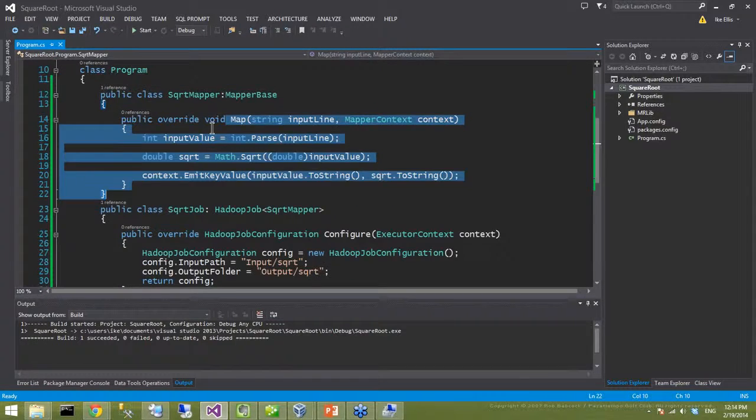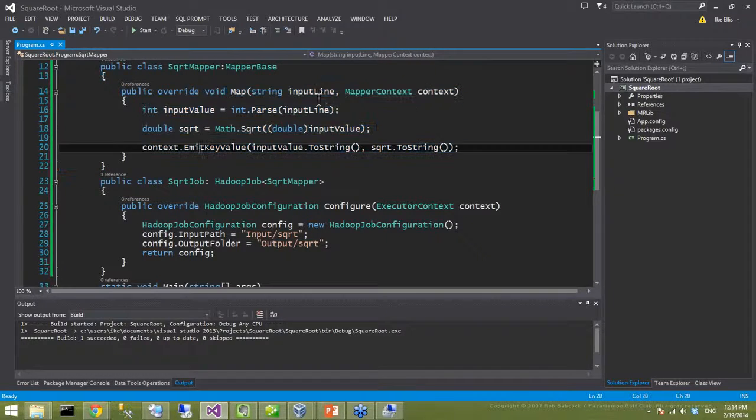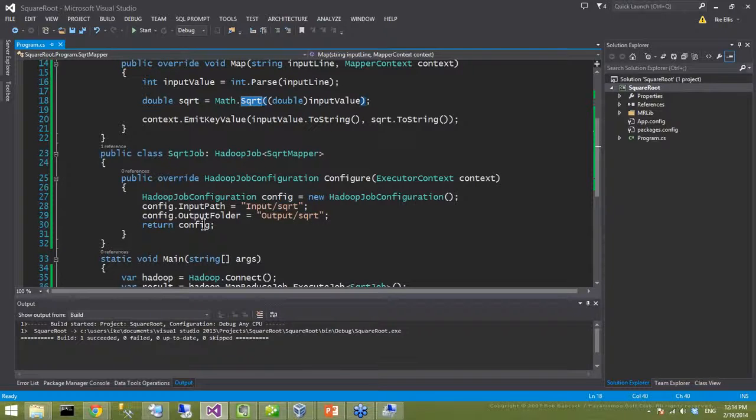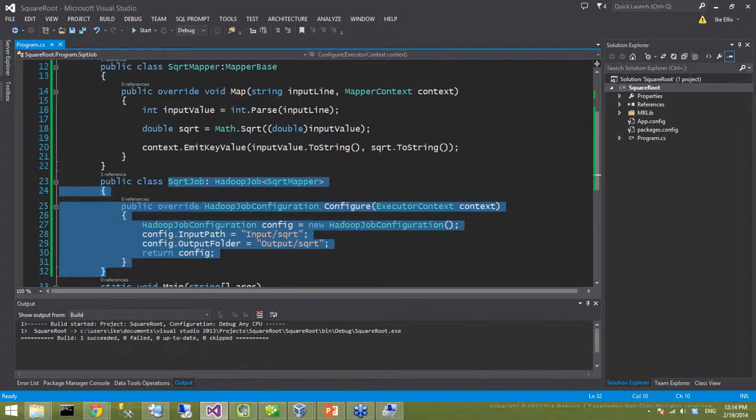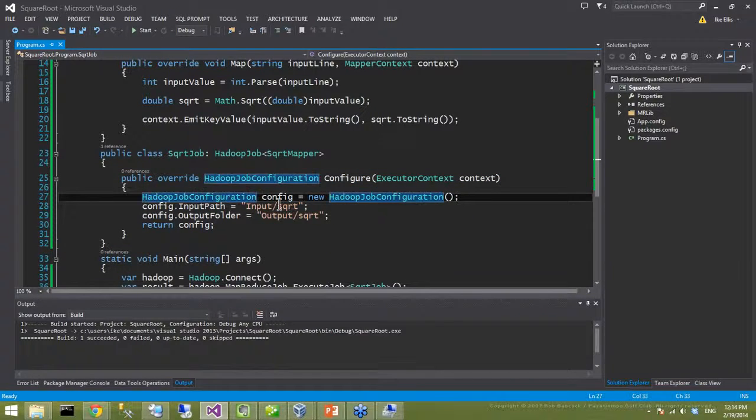Once you specify the map, in this case we're only doing a map. We're not doing the sort and the reduce. At minimum, you don't need a reduce. If you just need the map, then do the map. I'm saying, take my input and just give me the square root of my input. When I call the job in the job class, at the base you just need a map class and a job class, and in the job class you configure it using configuration parameters.